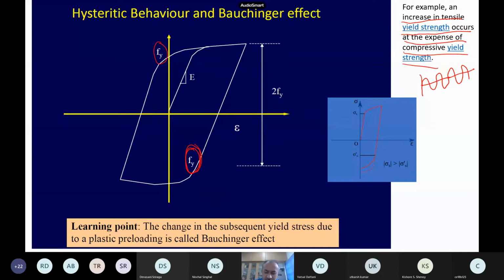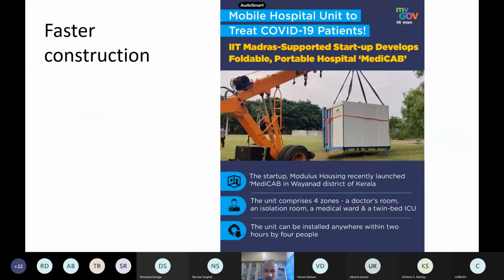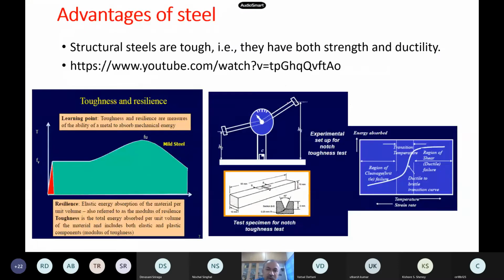They have done this, you followed it. This equipment and others also we have seen in our last class. You hit the specimen with the equipment and measure how much energy, the difference in potential energy, has been taken by your specimen. This will be the same as the area under this curve also. One can compare. This you get from the tension test. There is also a special notch toughness test, which also gives you the energy transferred to the specimen. And we have seen that mild steel's main advantage is that it is ductile. It doesn't break into two pieces.